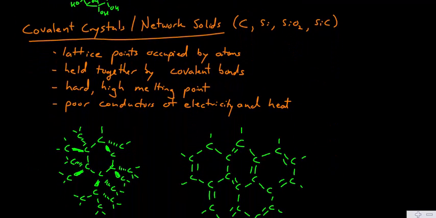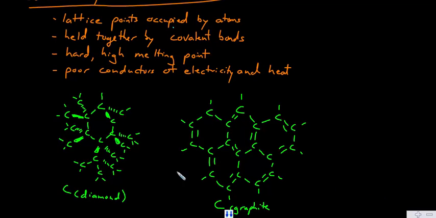And finally, we have covalent crystals, aka network solids. They are usually composed of things like carbon or silicon dioxide, aka quartz, or silicon carbide. There's, I guess, two types of carbon that we can see. We can see diamond and we can see graphite. The diamond, you can see each carbon is bound to 4 other carbons in a three-dimensional way. You can see having all this three-dimensional multiple bonding that it is very difficult to break those covalent bonds between the carbon atoms. In fact, it's so difficult to break them that